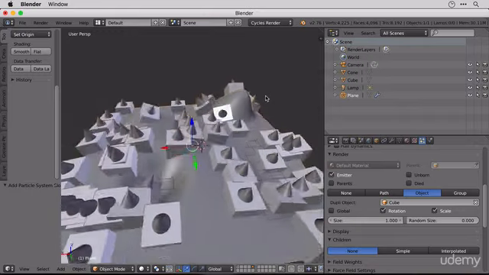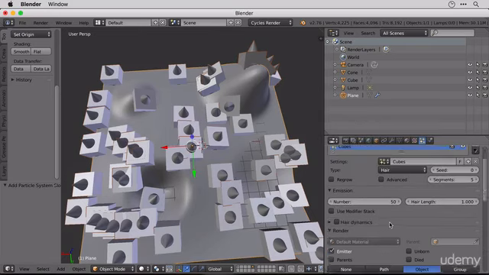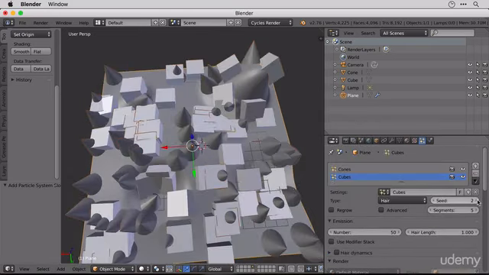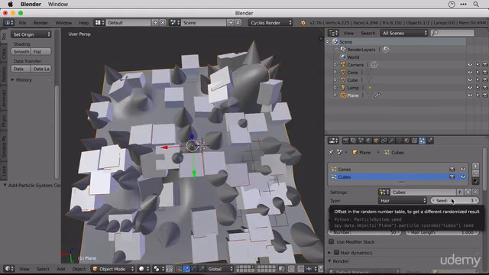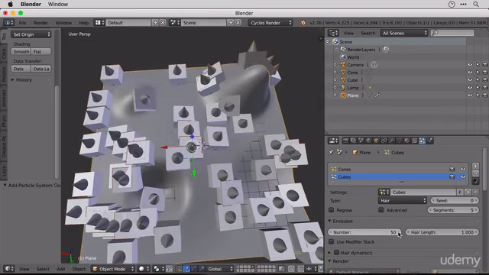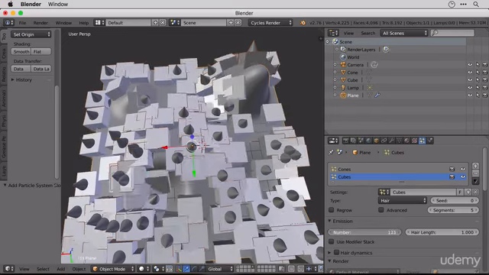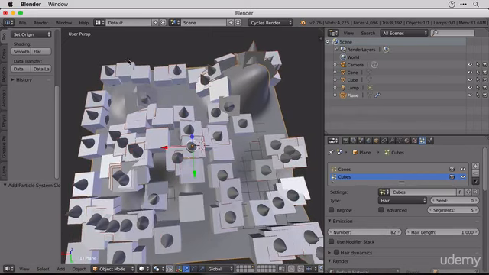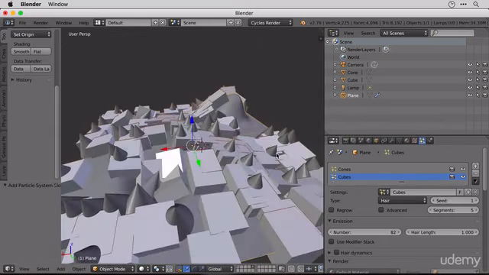I'm not going to sort that out at the moment, but you can see that all of these objects are placed in exactly the same location. Now the way you would change that, scroll up and change the seed, and the seed will change its placement. Now that's great for randomizing things and making sure they don't all appear in the same place, especially if they've got the same number of emissions. Another way of changing it is to change the number of emissions that are going on, and eventually that will shuffle, but it does still have some on top of one another. So again, changing the seeds will be the easiest way to make sure that they don't overlap right on top